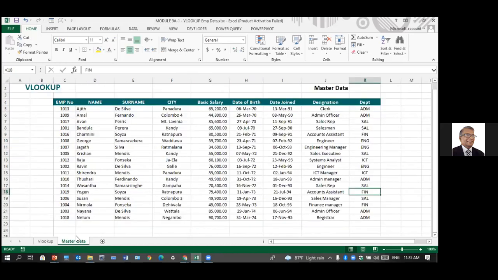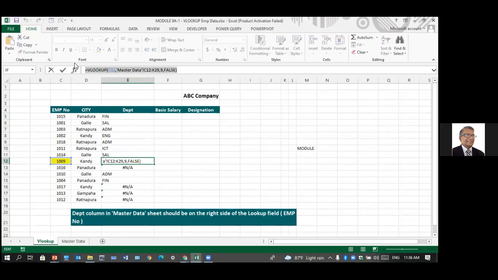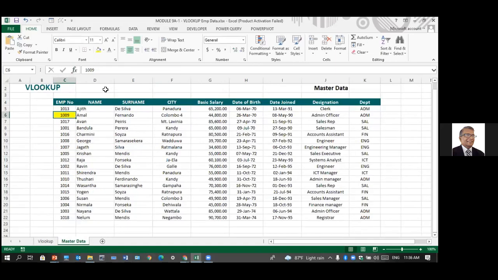That means this 1009 record is not there. Let's see whether it is there. 1009 is there, but it can't find it. Let's see what the reason is. Let me take the formula of 1009 and see what is wrong. This is a very common mistake people make. How to copy the formula? Control C, escape. Let me put it in the master field without the equal sign, otherwise it will put that. Right, okay. This is my formula, which is giving an error, saying it's not there.